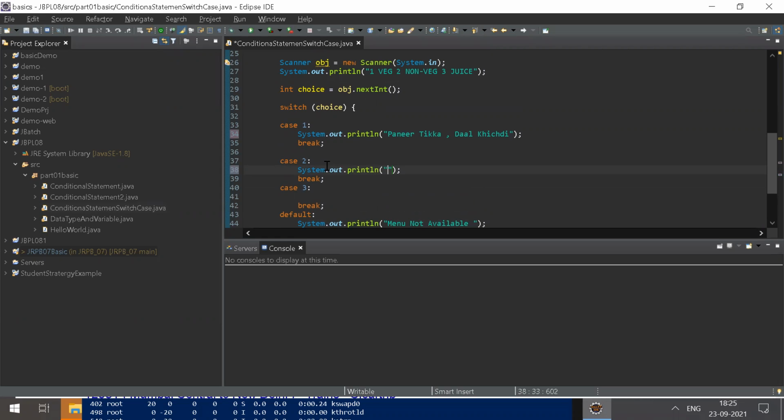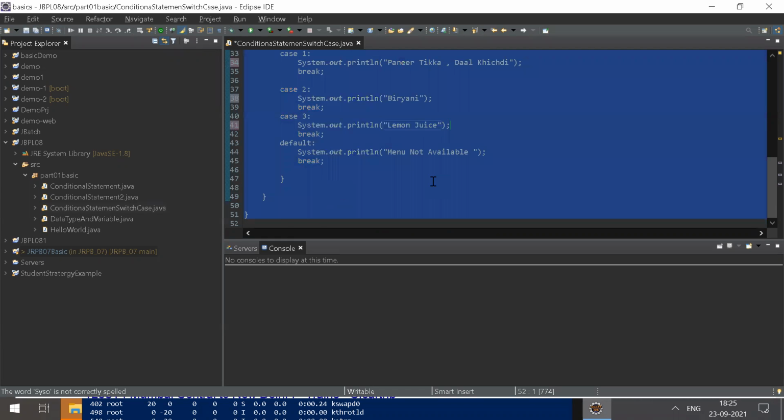Any dish name? Biryani. Okay. And another juice name, please suggest any name. Okay, I'll write lemon juice. That's it.